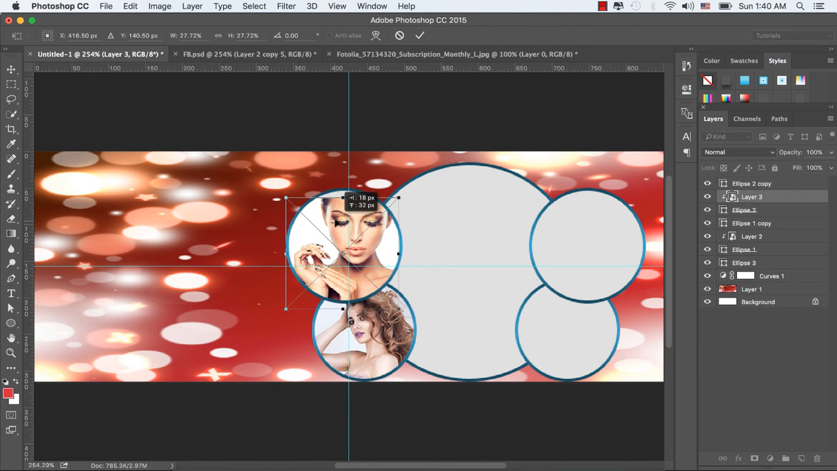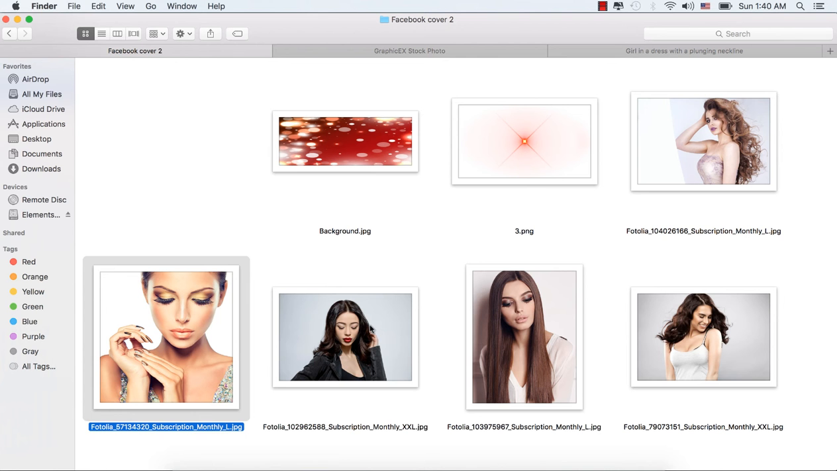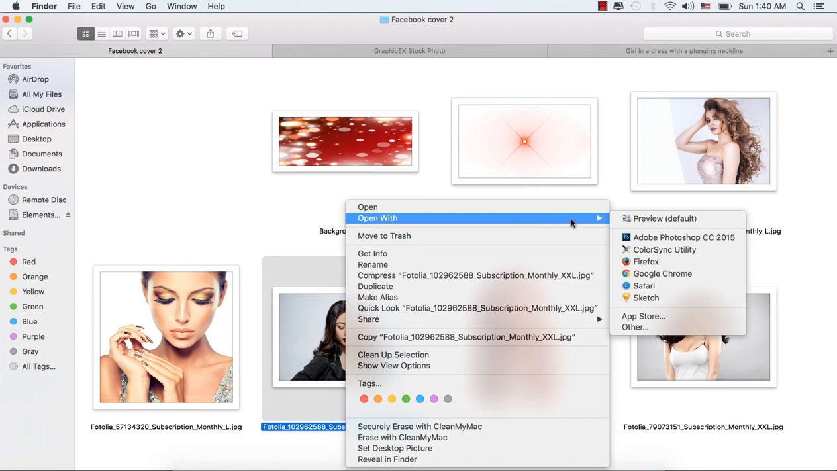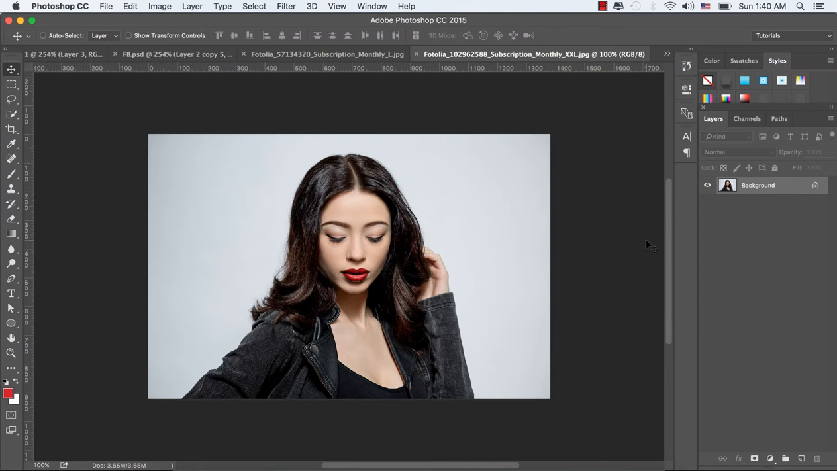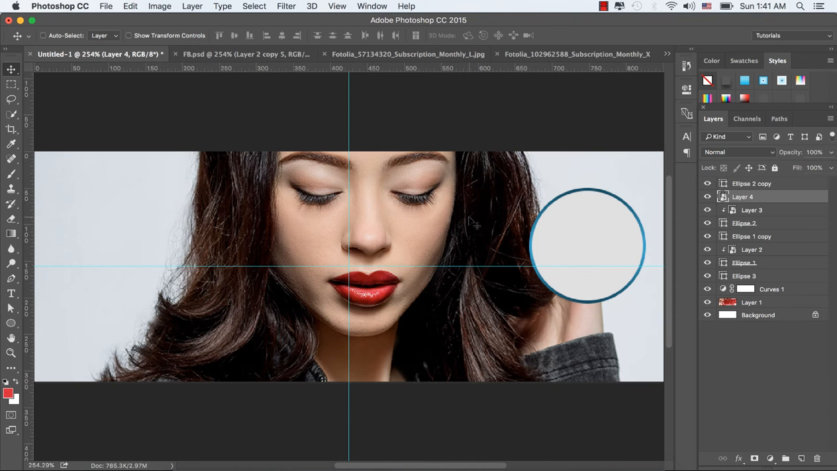by pressing Alt and Shift key together, and let's put this image in the center. Press OK in order to accept it. Let's bring another image from the image folder and let's convert it to the smart object and bring it to our working document,